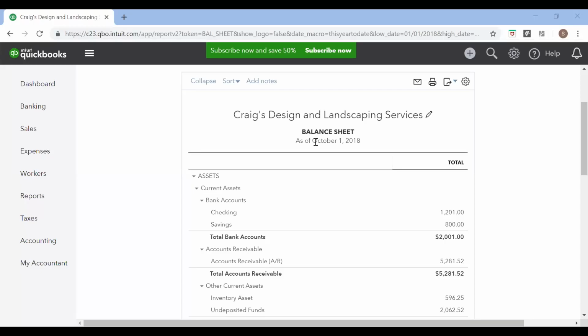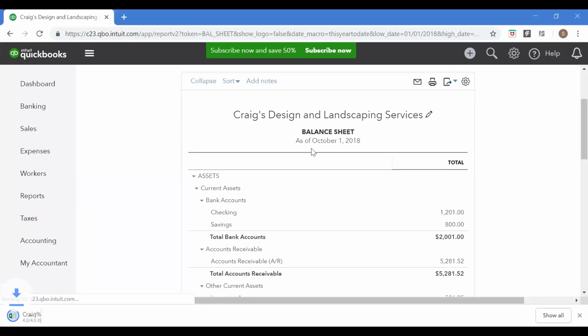In this video, I'll show you how to submit homework, how to export reports, and then submit the Excel file at the Canvas homework link. I have a report open on QuickBooks Online, an example balance sheet on the test drive company. This icon that you see here is the export icon. Click on this and say export to Excel.